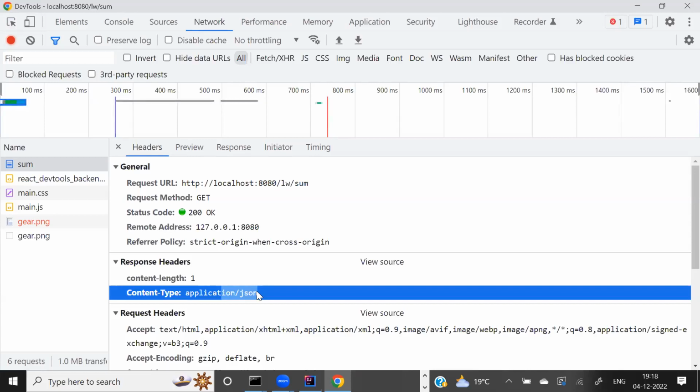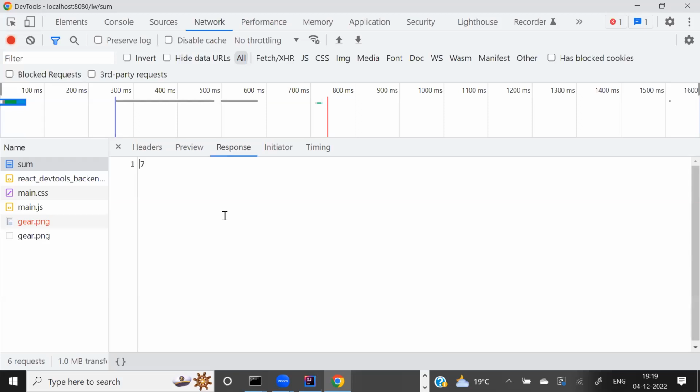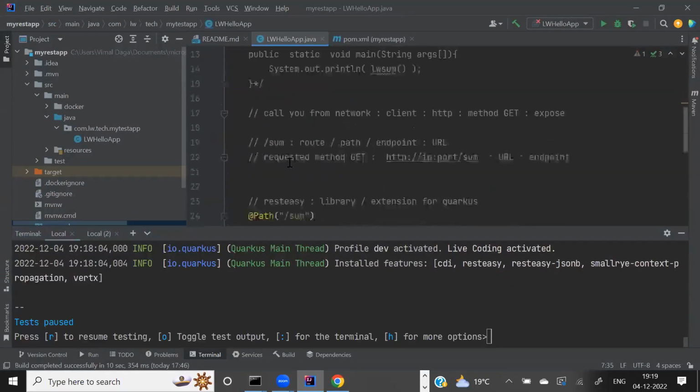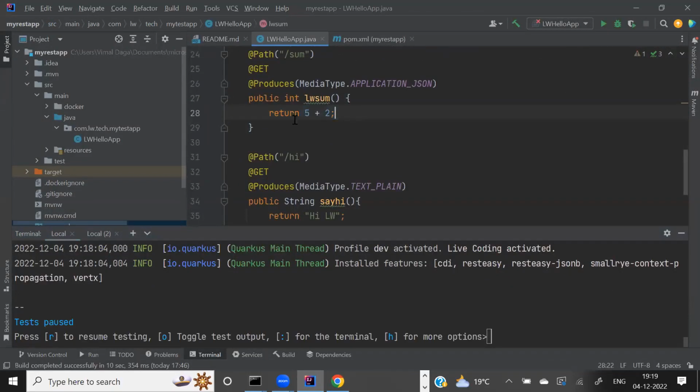Last time the response was coming in text format, but this time, I mean response, not request, the response is coming in JSON format. The output is 7 only because in my code, we don't use any key-value pair. My code is just normal text, like 7. Here also, guys, we write something as a key-value pair, how we'll see in the next class. So the output is 7, but the data comes with a media type, also known as content type, of JSON.